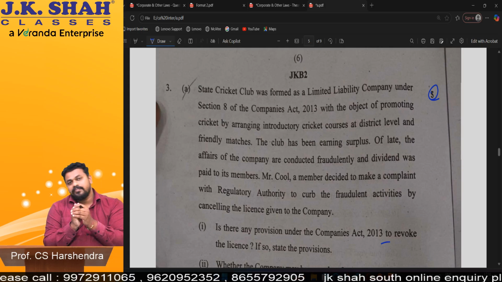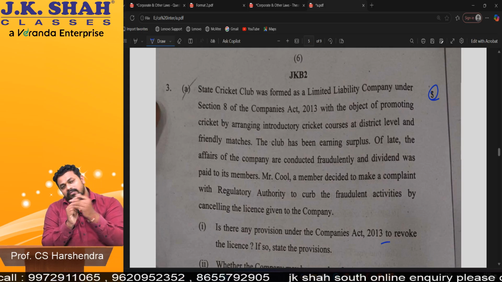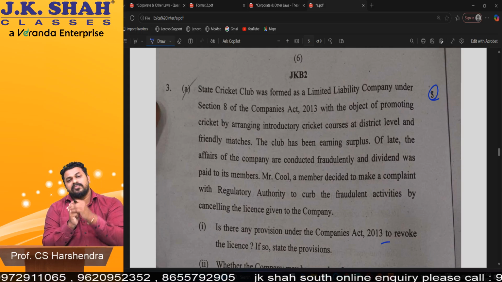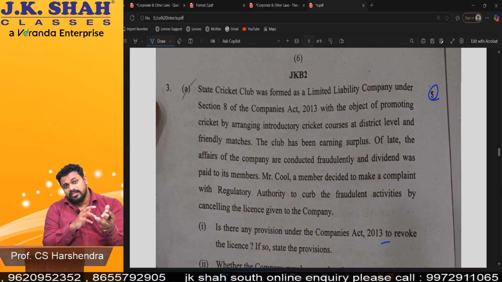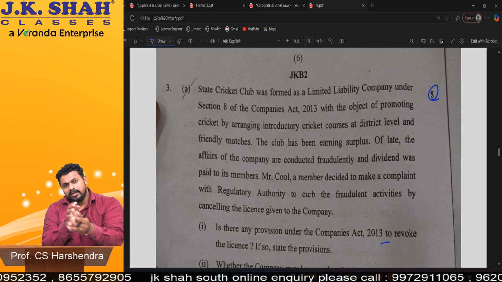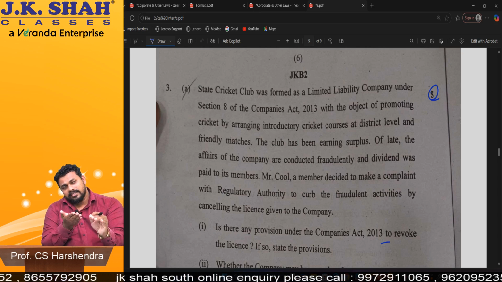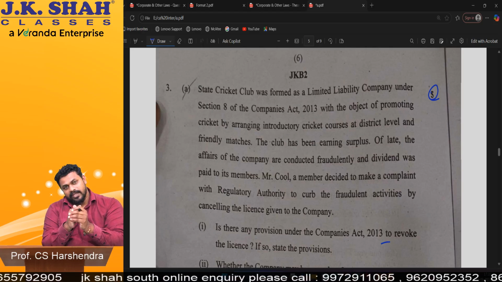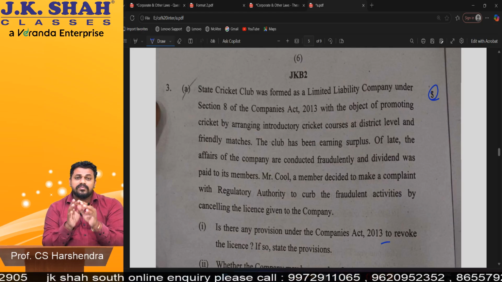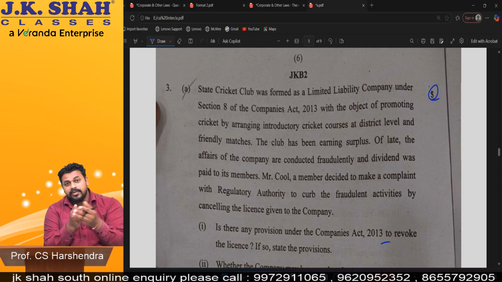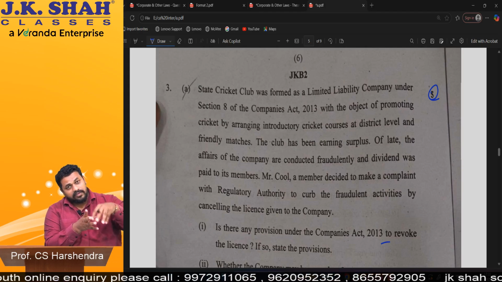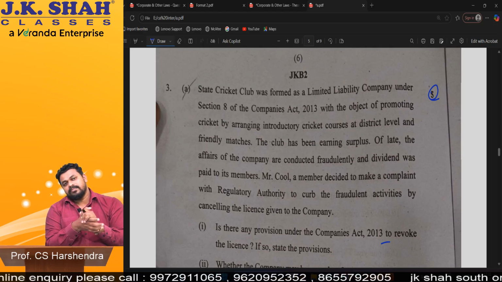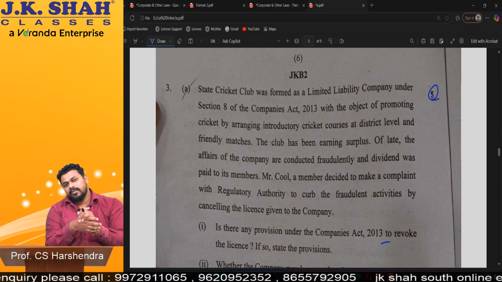At that time the RD will remove that person, the director, but without that director, the company cannot run also. In that situation, if the company can run without that director, they will directly cancel the license, and they can make it a profit making company. But obviously that company was formed for not for profit, and without that person the company cannot run. So the RD may order merger of this company with another Section 8 company, and then do the charitable objects. Clear?